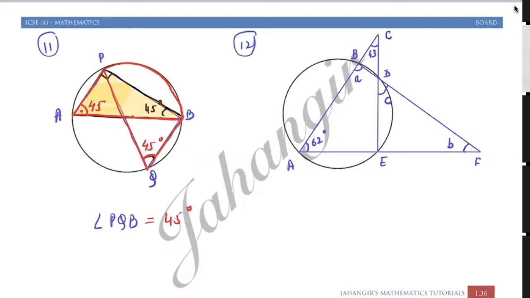Now next question. In the given figure, ACE is 43 degree, CAF is 62 degree. You have to find angle ABC. This A, this B, and this C. We have to find these three angles. So what we will do? First, we will say